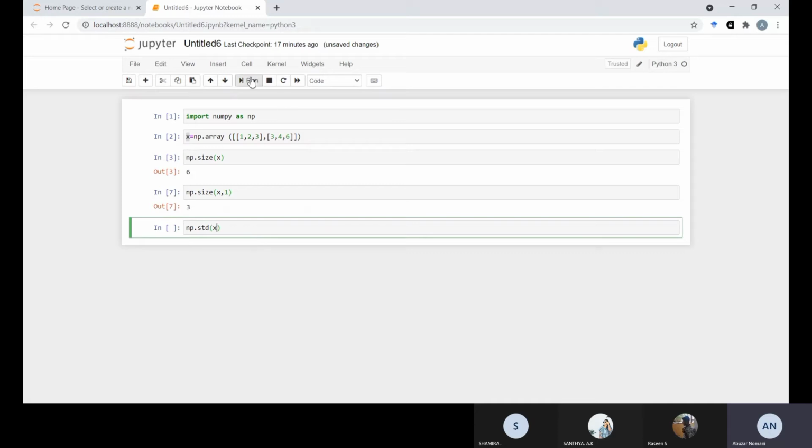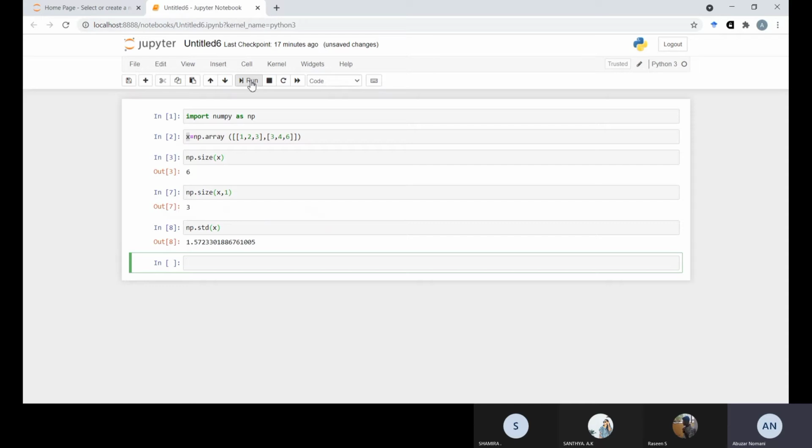So if you run it, it will show you the standard deviation, 1.572333, like that it will come. The standard deviation you are able to find out.